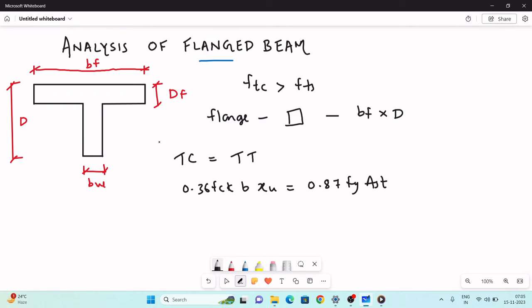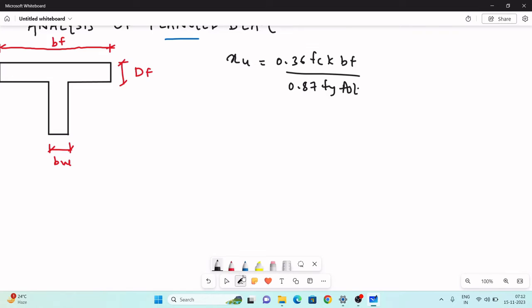Now here in the flanged beam, the size of the rectangular section is BF into capital D. So instead of B, you have to take it as BF. Accordingly, you have to modify the formula: XU equal to 0.87 FY AST divided by 0.36 FCK BF, the width of the flange. Okay, after getting the depth of neutral axis, you will have to find XU max,